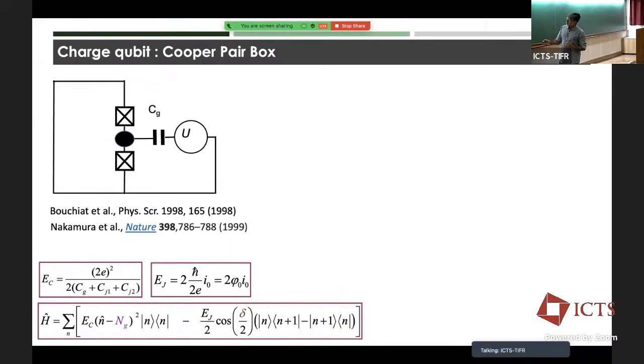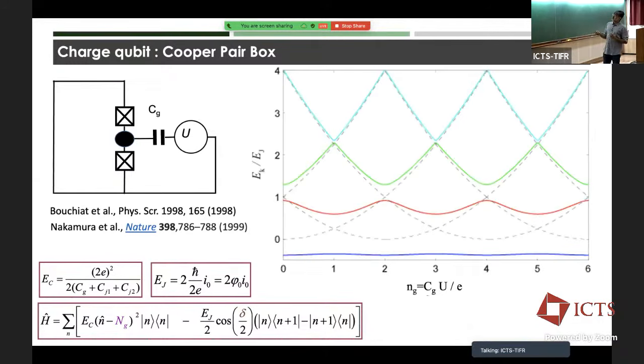This Ng is essentially the effective charge on this island induced by this voltage source. So it's actually this voltage scaled by this capacitance. So it's actually CG U over E, or 2E, depending on the conventions. I think here the convention is 2E. So that actually affects the energy dynamics of this island. So for certain values of gate charges, the tunneling can become easier, and for other gate voltages, it can be blockaded. Right? So if you now look at the spectrum of this system, it's plotted as energy levels as a